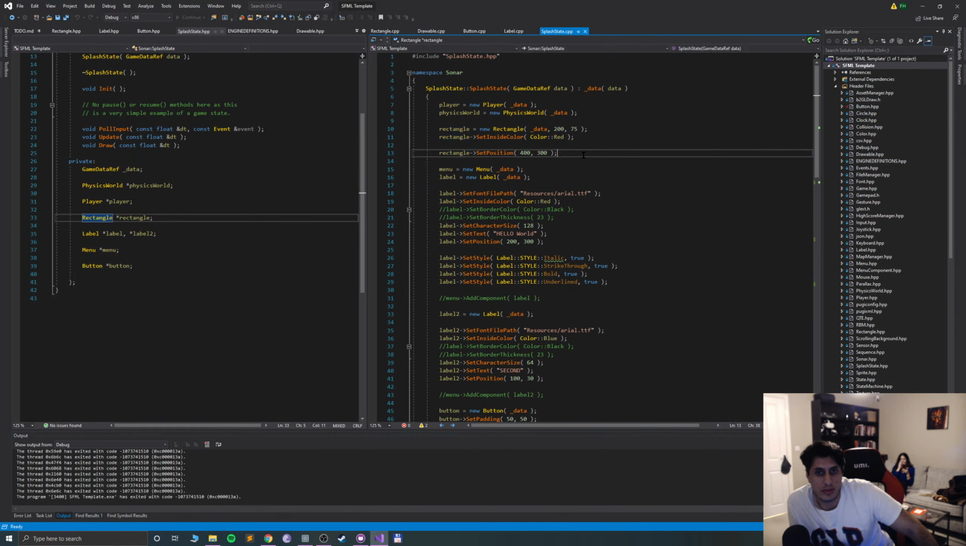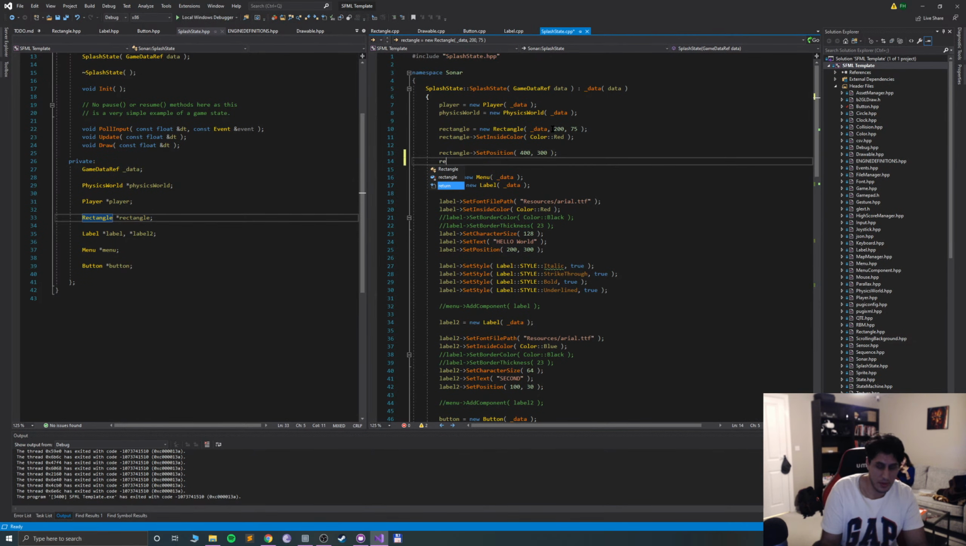That's rotating around the top left as we want it to. Now let's see if we say rectangle set rotation, not set rotation, setting the pivot